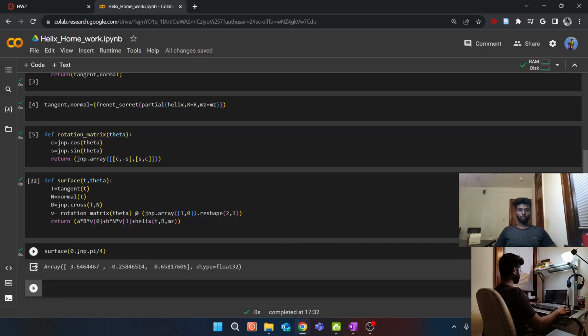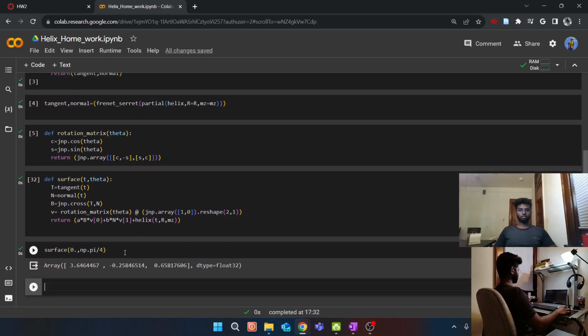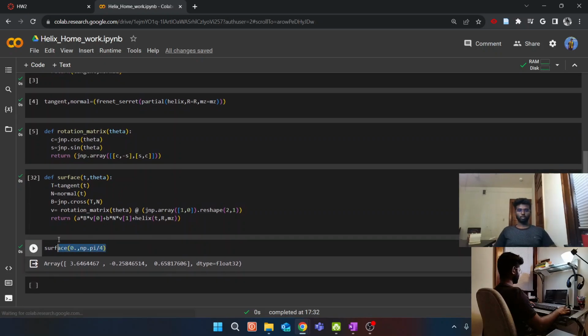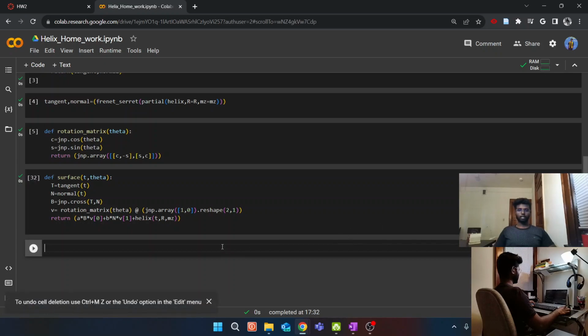Here, so at t equal to 0 and theta equal to pi by 4, these are the 3 points we are getting. Okay, so now we need to provide several values of t and thetas. So to do that, we need to vectorize this function, the surface function. We need to vectorize that. Okay, as given in the question, to vectorize that,